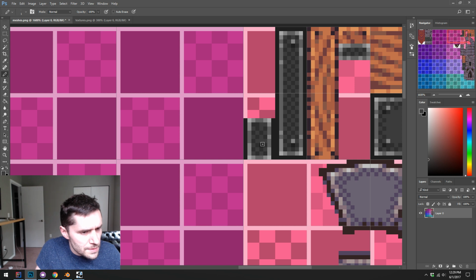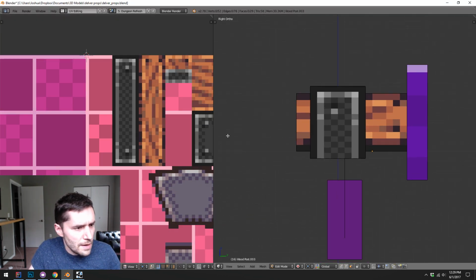And remove these, a little piece of bit right there. That seems okay. Let me just save that, and then over here in Blender, I can highlight,